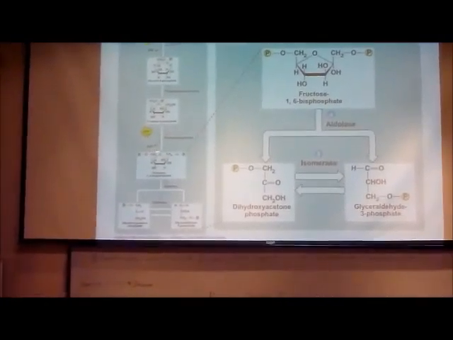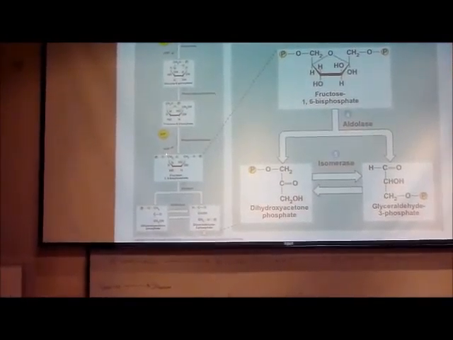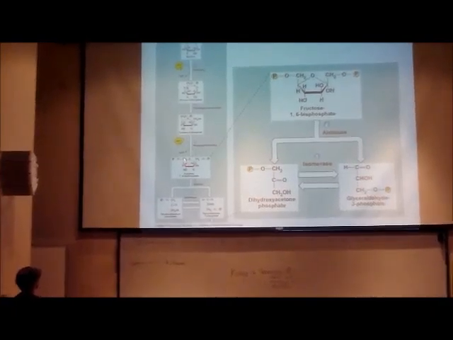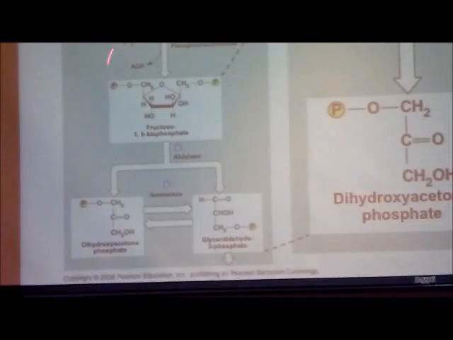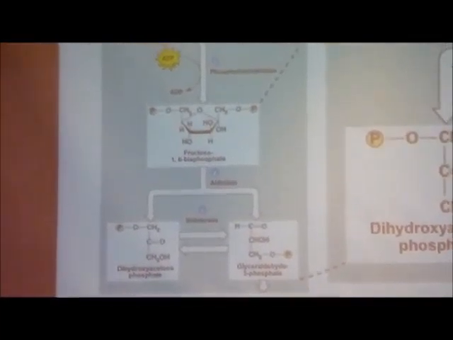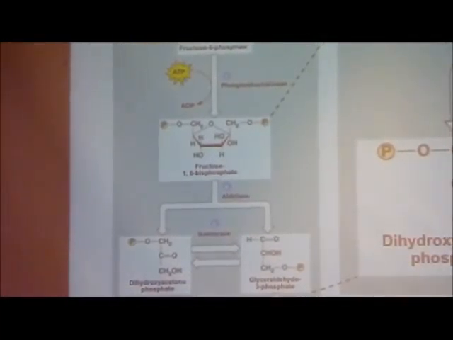And this is the first carbon now: 1, 2, 3, 4, 5, 6. We have a phosphate on the 1 carbon and on the 6 carbon, and there are 2 phosphates, so it's a bisphosphate. Fructose 1,6-bisphosphate. Now, while I might not require you to remember each and every intermediate, here is something